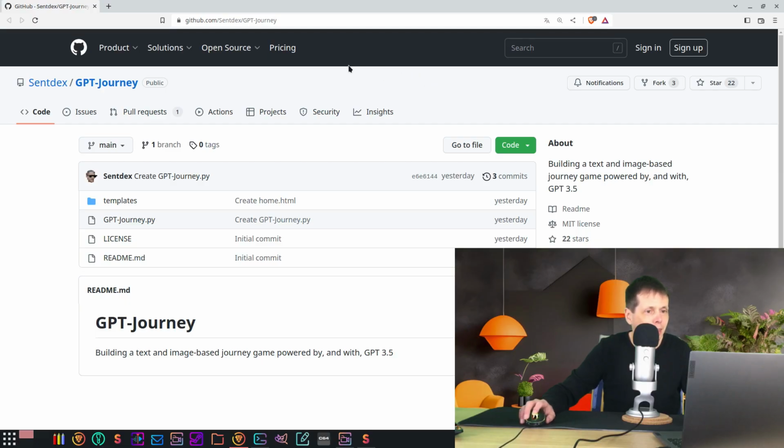The creator is Sentdex, so he has a bunch of tutorials, for instance on YouTube, and I have here his GitHub repository, and I made a little change in the title, and of course the API key is in my API key, but I used his implementation, and I can show you